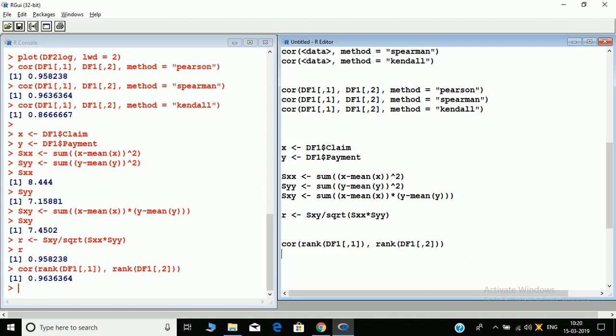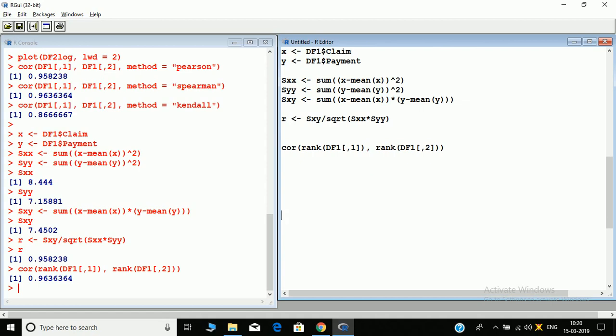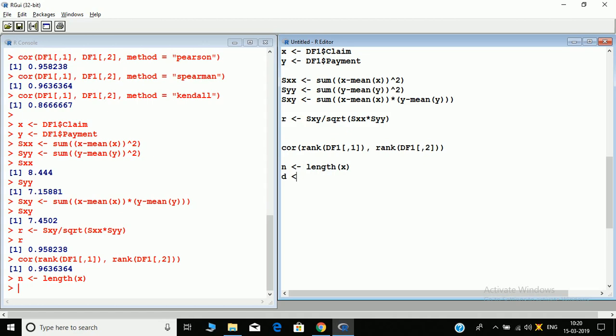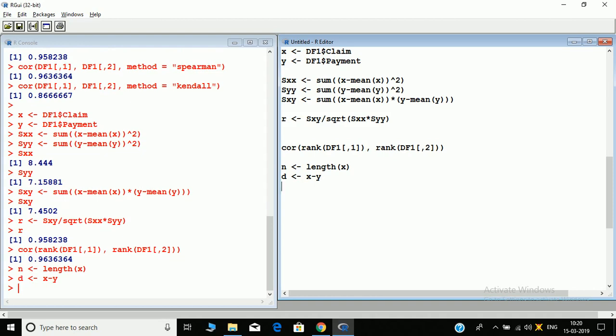Now we'll do it from scratch, the way we use our theoretical formula. We have our X and Y stored, and SXX, SYY, SXY taken out. Let's calculate N. N is nothing but the length of either X or Y. D is the difference between the ranks, so we need to take out the ranks.